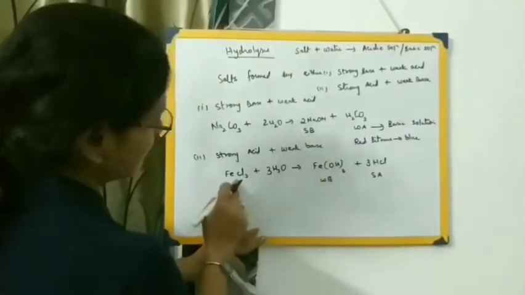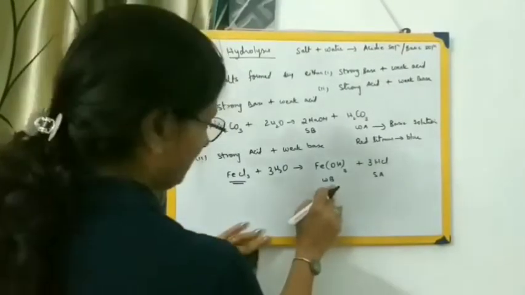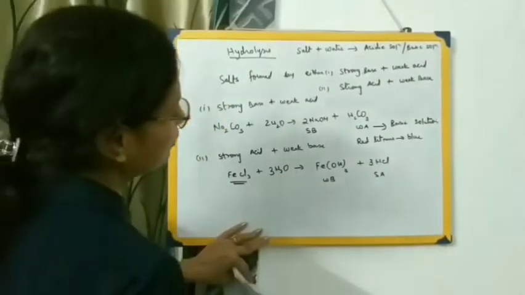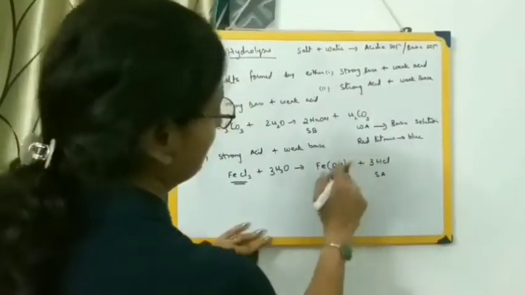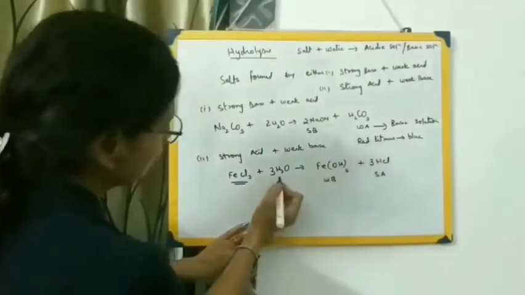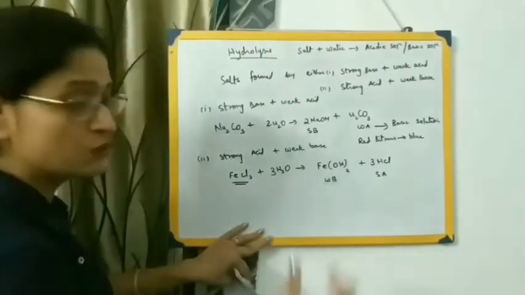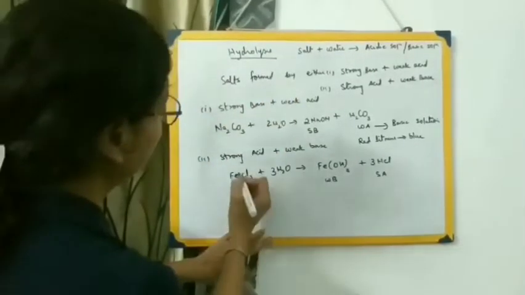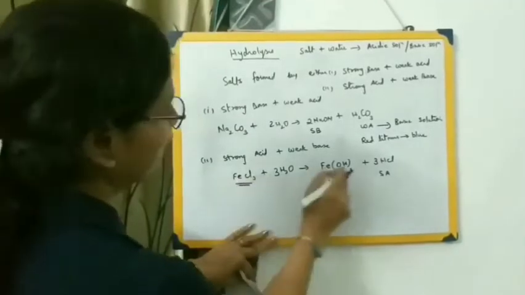If this salt which has been formed over here has been formed from strong acid and a weak base, only then it is going to react with water, leading to the hydrolysis reaction, leading to the formation of again ferric hydroxide and hydrochloric acid. So here what is the role of water molecules? Water molecule is rupturing, or weakening, the force of attraction between iron and chloride ions, leading to the formation of ferric hydroxide.